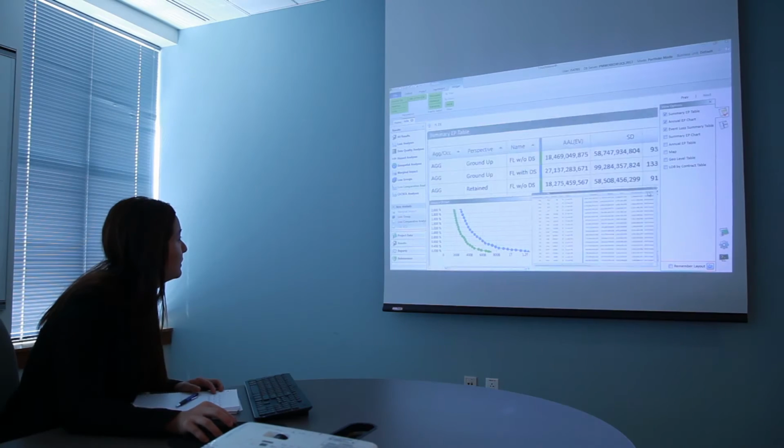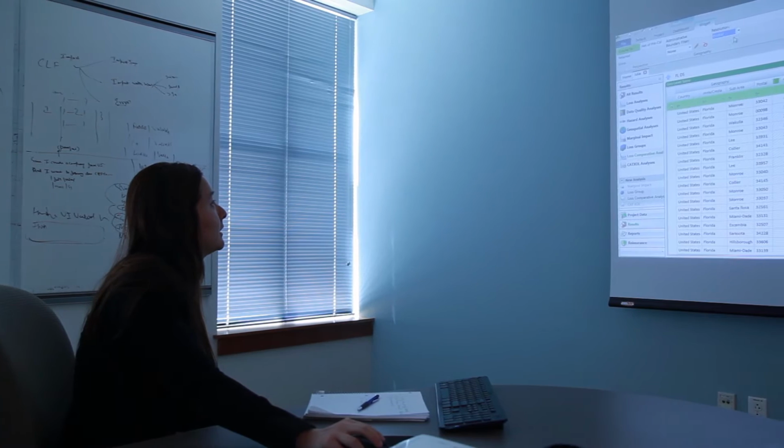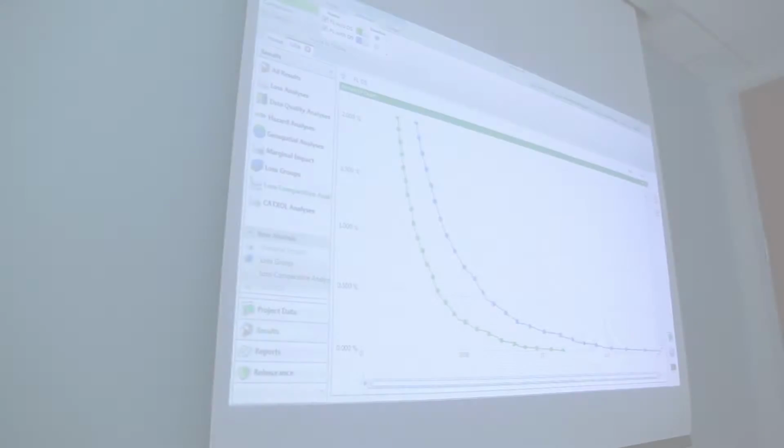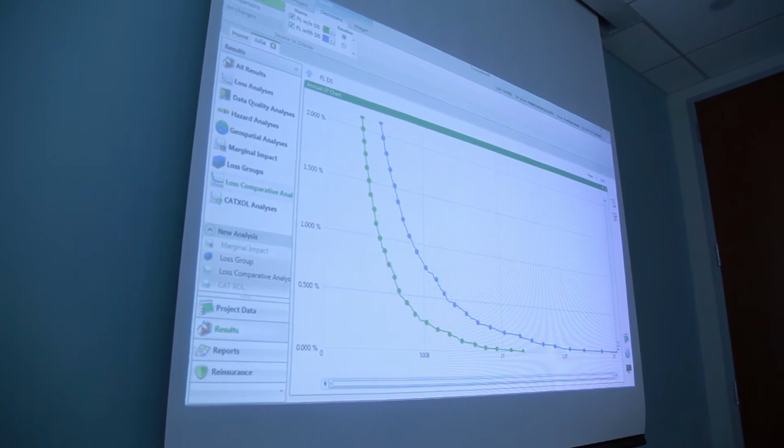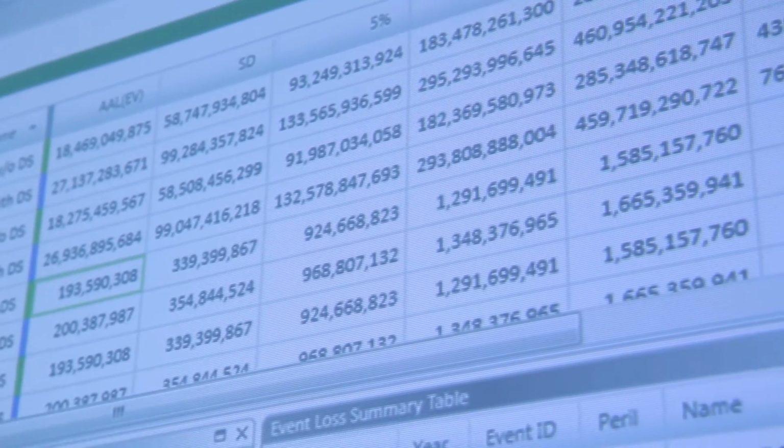parametric transactions. Another new feature that we've added in Touchstone 3.0 is Comparative Analytics. With Comparative Analytics, you can instantly compare multiple loss analyses and view those results side by side. For example, you can look at one period to the next, whether that's 1 quarter or 1 year to the next. You can look at your event losses, EP curves, or geography losses from one model version to the next. And of course, you can change financial terms or analysis options, rerun those analyses, and again, quickly and easily compare those results. So what used to take you several manual steps can now be quickly and easily accomplished with this